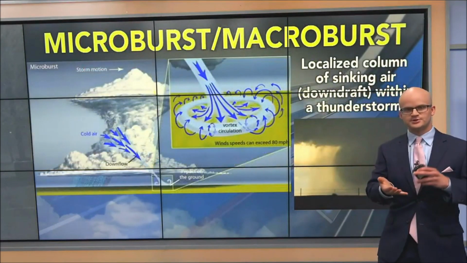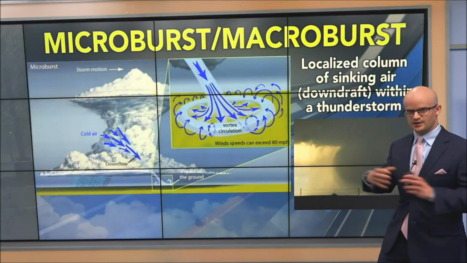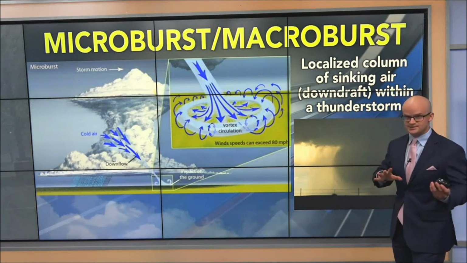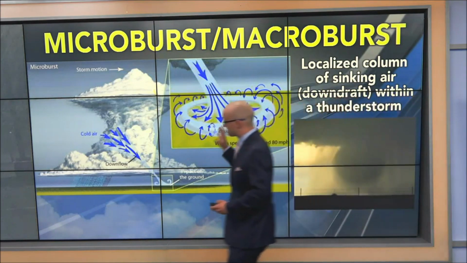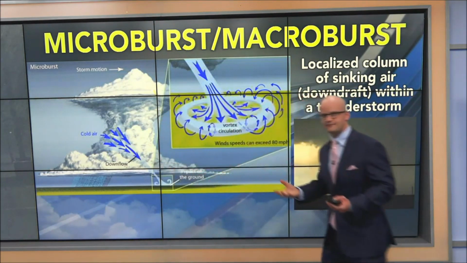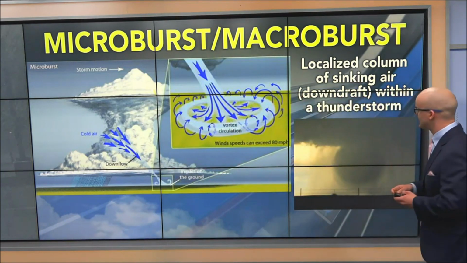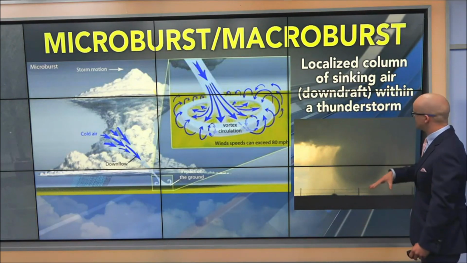So these microbursts or macrobursts, depending on the size that the straight line winds range over, happen in thunderstorms. They can sometimes be single-cell or supercell thunderstorms, when you have precipitation that gets suspended up in the cumulonimbus cloud. You get a lot of rain, you get a lot of hail suspended in that updraft with the rising air, and then as that column of sinking air descends in the downdraft,